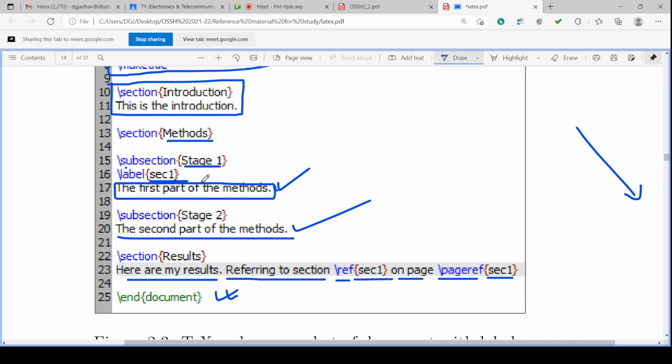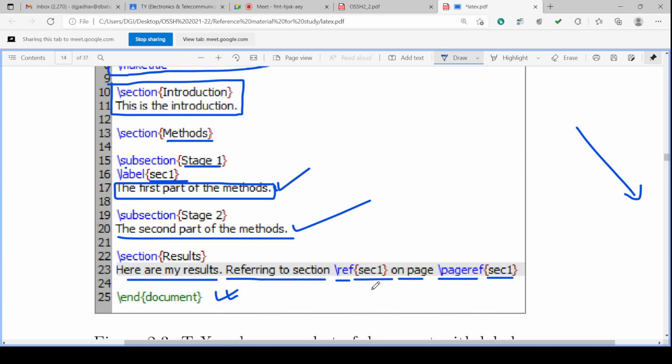Here we are creating the label, and to this label we are referring in the results. That means a hyperlink will be created in the results, and if you click it, it will go to the stage 1 subsection. In this way, with two commands we can create the link.